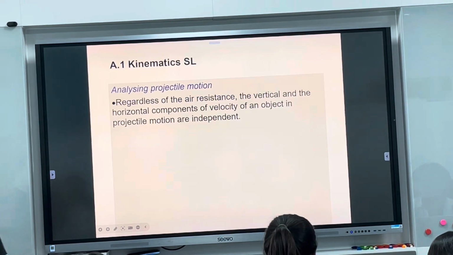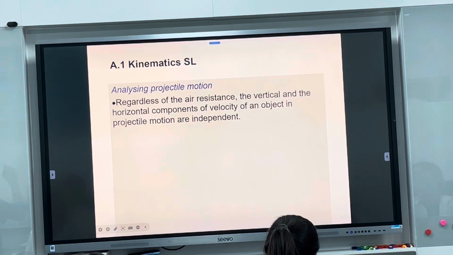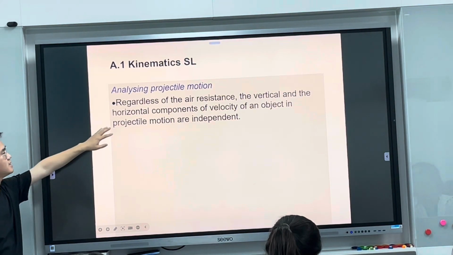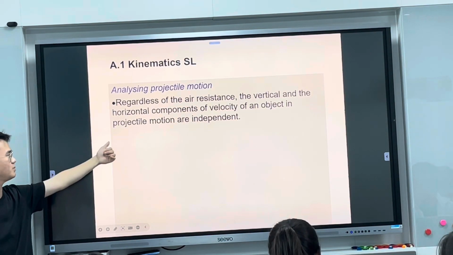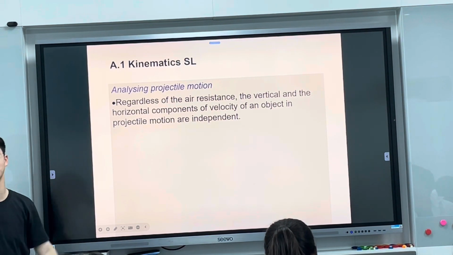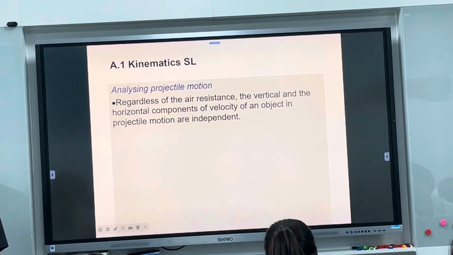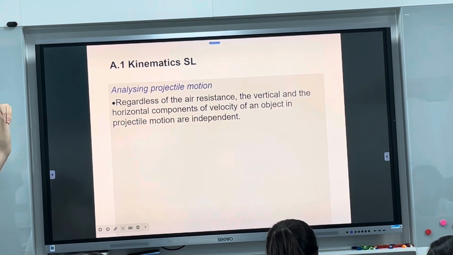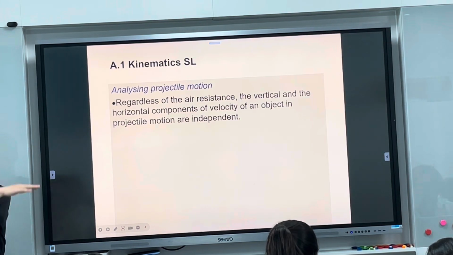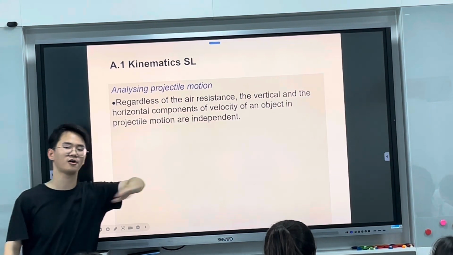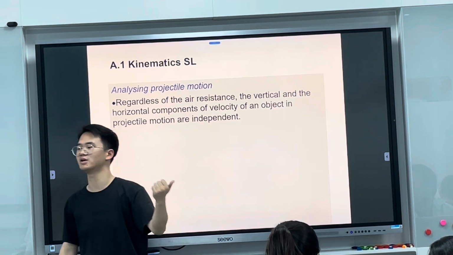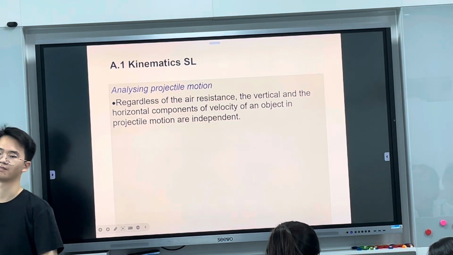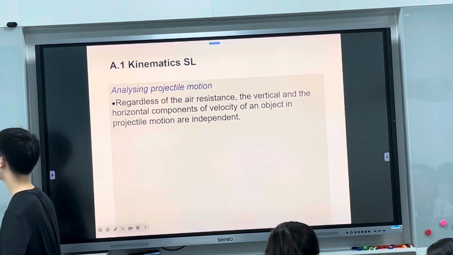Okay, so how are we going to analyze projectile motion? Regardless of the air resistance, the vertical and the horizontal components of the velocity of an object in projectile motion are independent. What does that mean? Whatever happens in the vertical direction has no influence on your horizontal direction. Whatever happens in your horizontal direction has no influence on your vertical direction. Right? That being said,